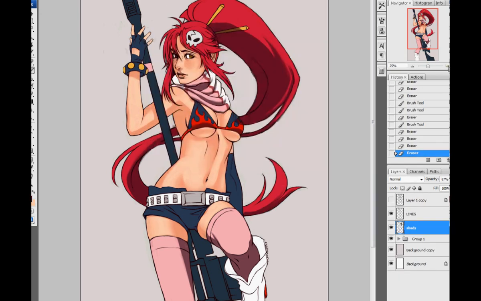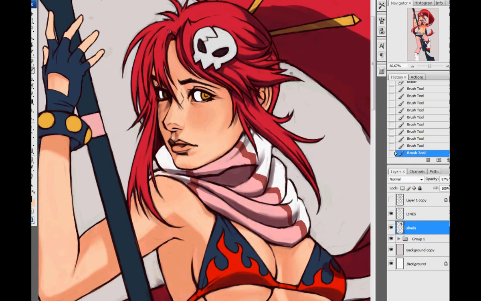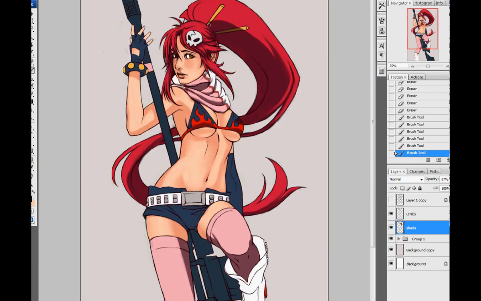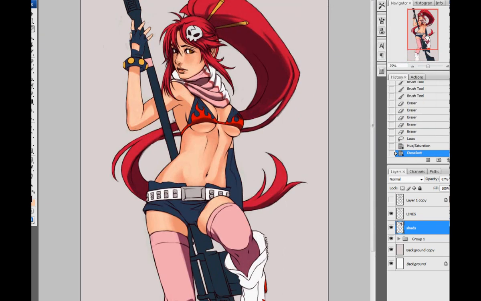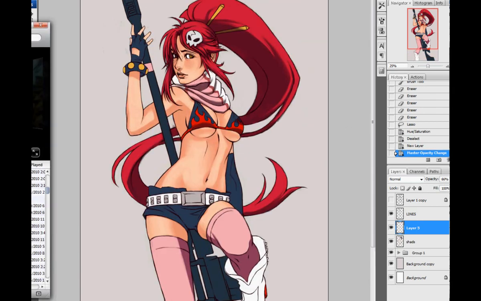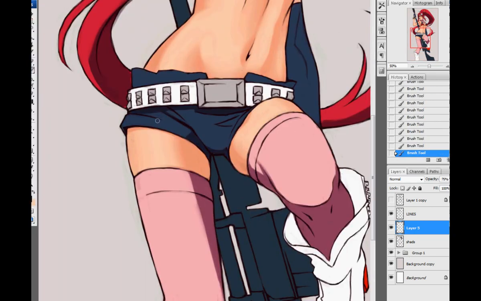So anyway, we started with those flats, and you can see I'm throwing down the shadows on top of those right now. Generally, I usually like to start the shadows on the skin first, because I always find, like you hear me say a lot, that faces are the most important thing in the drawings to me.